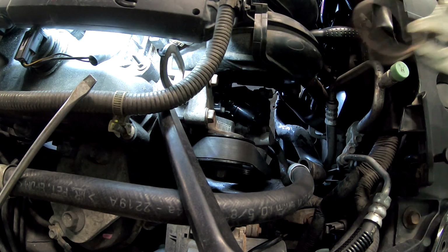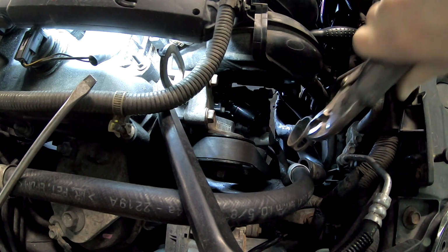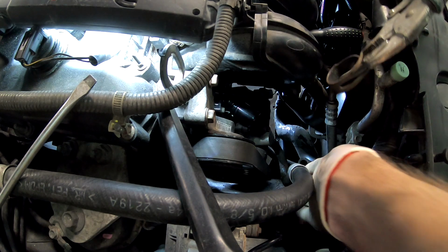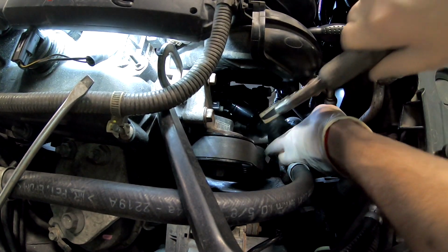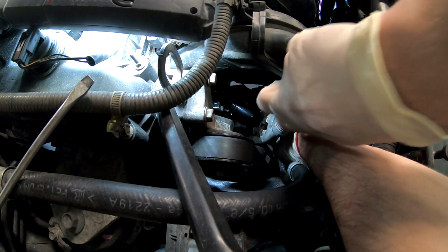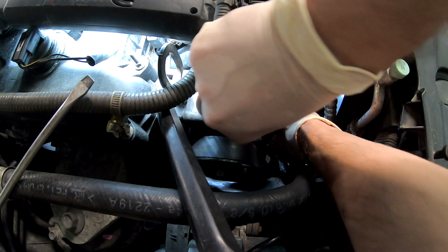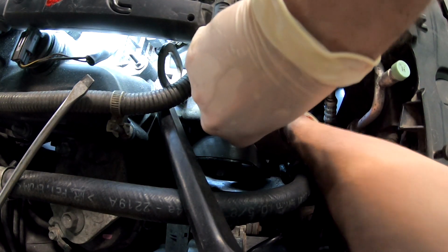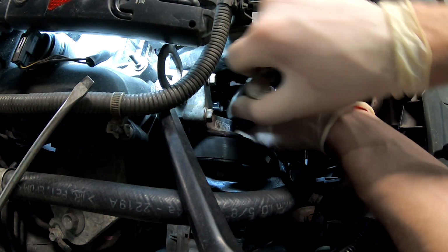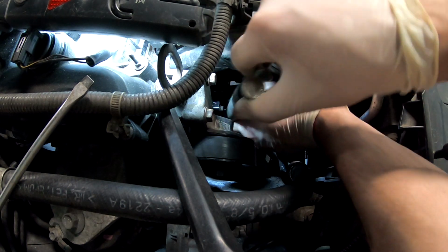All right, so let's start. I have my clamp here. So let's start with the big hose, the big boy. Let's put the clamp on first, and then the hose. Oh, it's so nice and lovely. Now we just wiggle the...